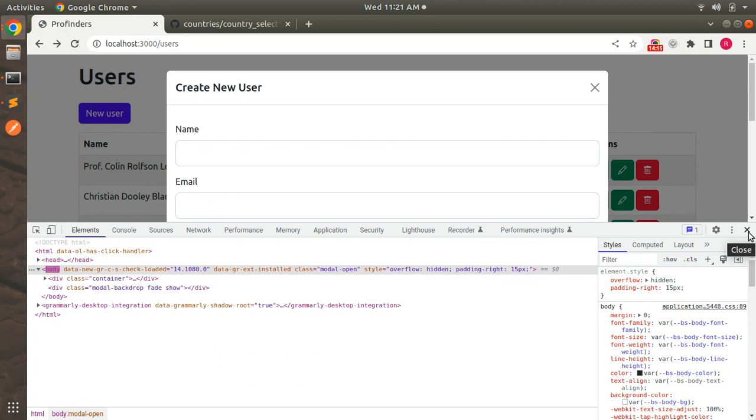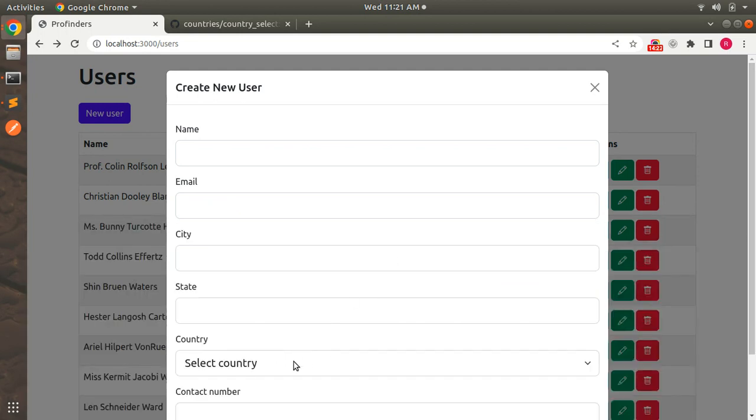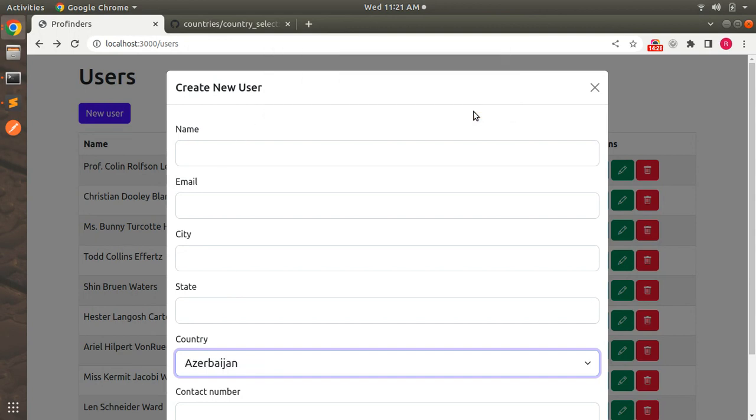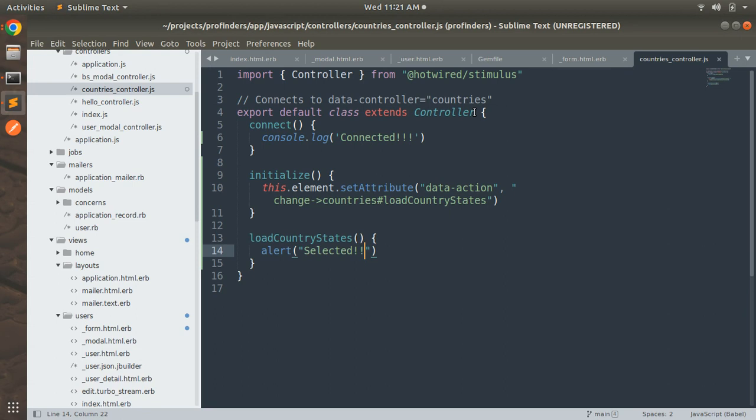And here what you need to do, first close this, and now select a country, and you will see the alert statement is showing selected. Okay, now what we need to handle in the load country states method, we need to handle the selected element, or we need to get the value of selected element. So first define a selected country